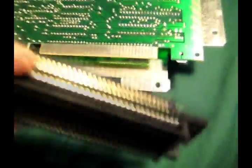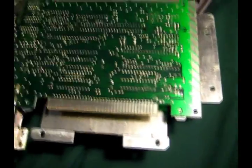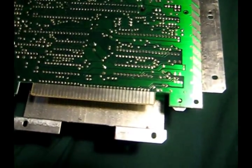It's probably going to be easier said than done once again, since I'm doing it one-handed. Oh, one more thing. Some people think it's a good idea, and I guess I agree, to go ahead and clean this. Might as well. I mean, it might be dirty, it might not. Probably won't be that dirty compared to the rest of the slot, but